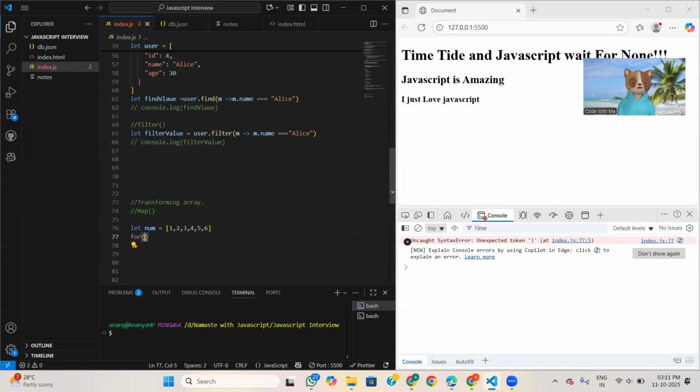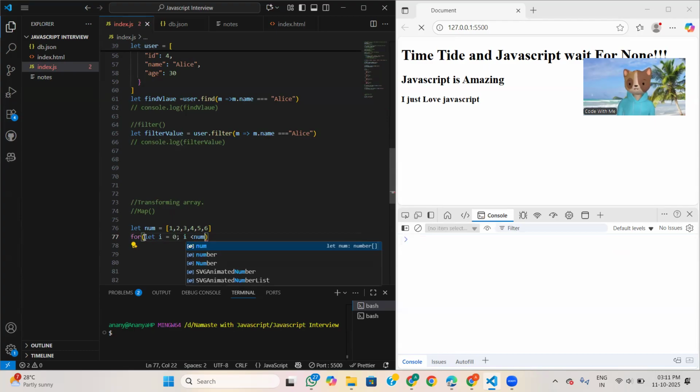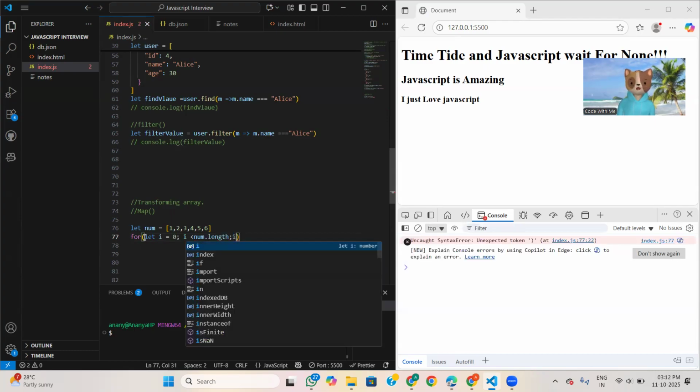So let i is equal to 0 and i less than the length, i plus plus.